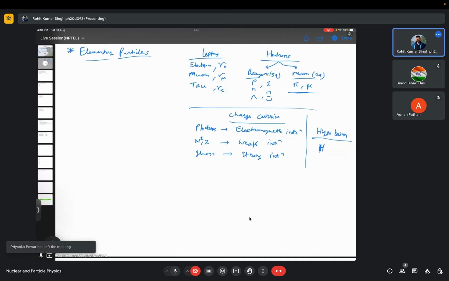Now, leptons are fundamental particles, and hadrons are made up of things called quarks. So quarks and leptons are basically the fundamental particles. We have 6 types of quarks. First, the up quark, which has charge